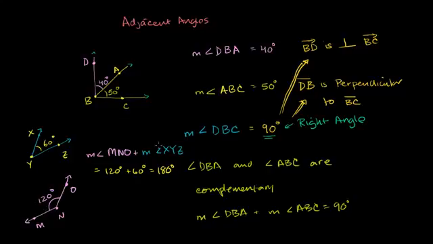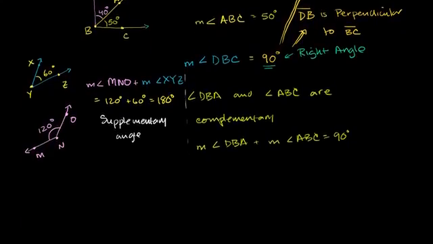And I know it's a little hard to remember sometimes. 90 degrees is complementary. They're just complementing each other. And then if you add up to 180 degrees, you have supplementary angles. And if you have two supplementary angles that are adjacent, so that they share a common side,